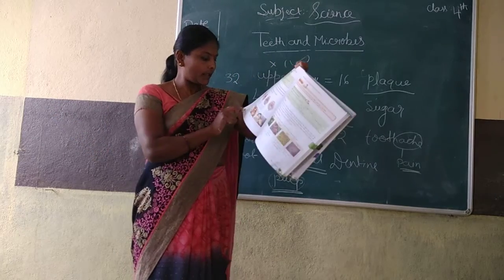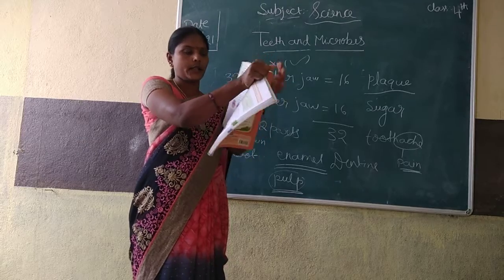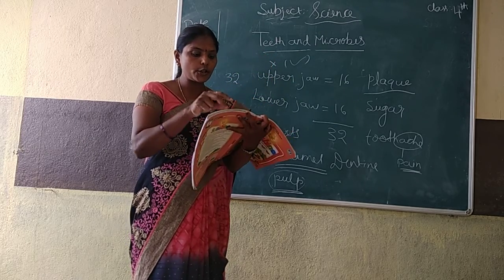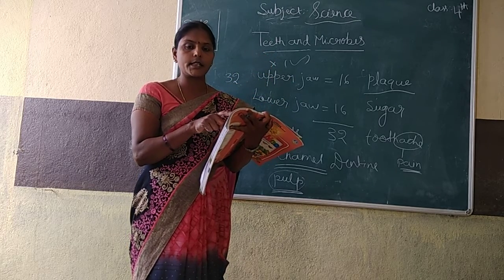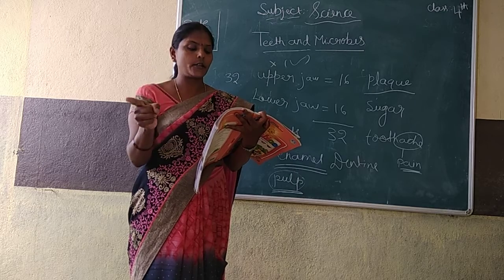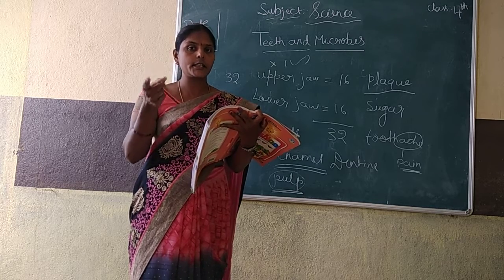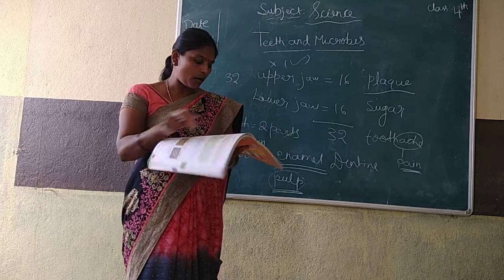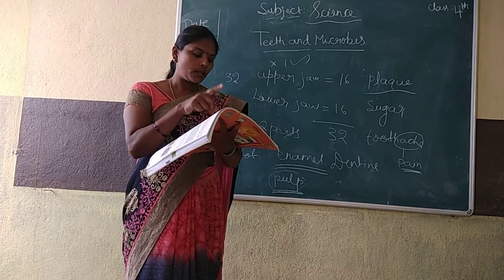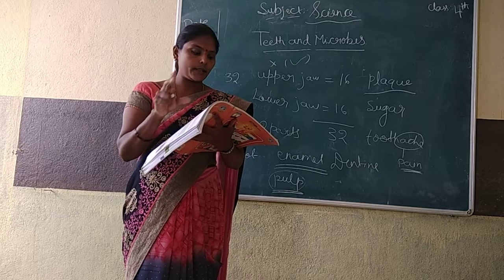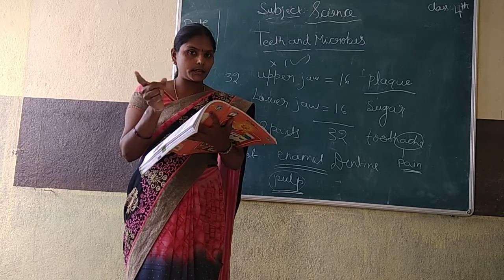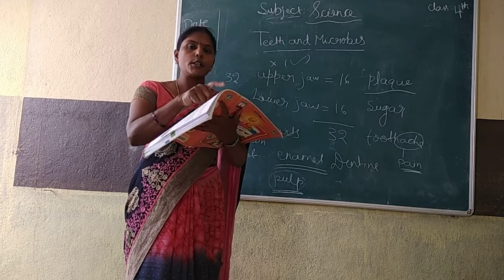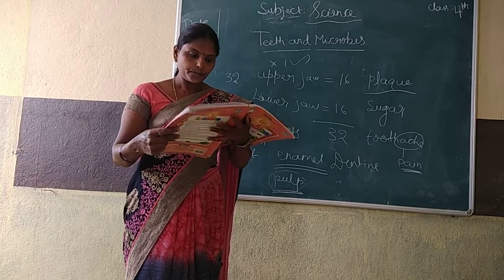The eighth one is over. Now ninth one. We should visit a dentist at least twice in a year. We should visit the dentist twice, means 2 times in a year. Understood? All 9 are understood. This you have to take care of. Take care of your teeth. By reading this, you have to take care.